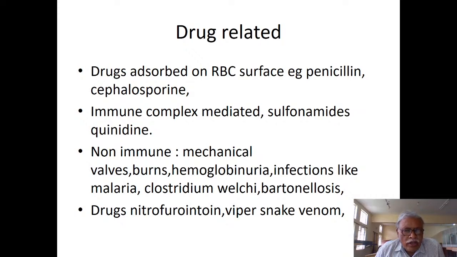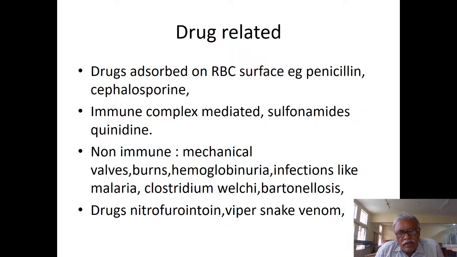And then you have hemoglobin. As a result, the patient can have hemoglobinuria. Hemoglobinuria may also be a result of infections like malaria, which can destroy the RBCs because during the erythrocytic phase, the parasites will be infesting the RBCs and they get swollen, and the membrane stretches and ruptures and gives rise